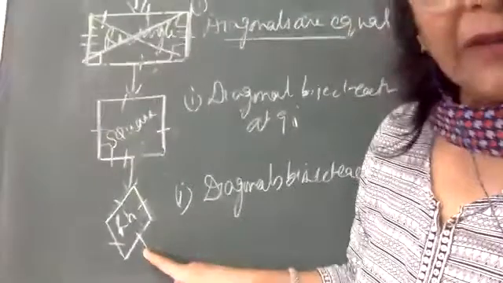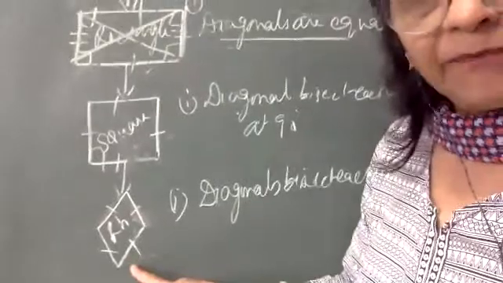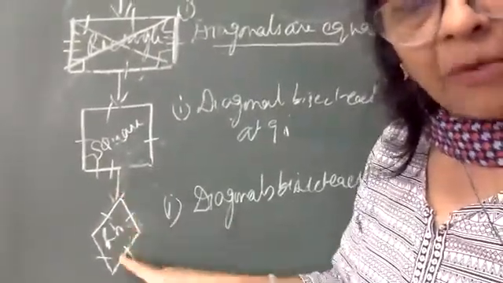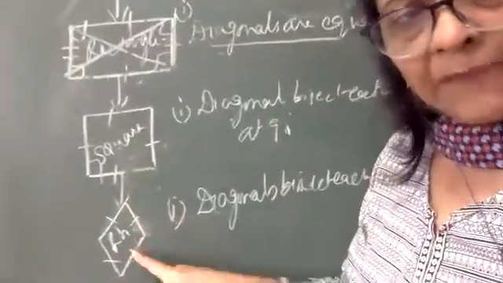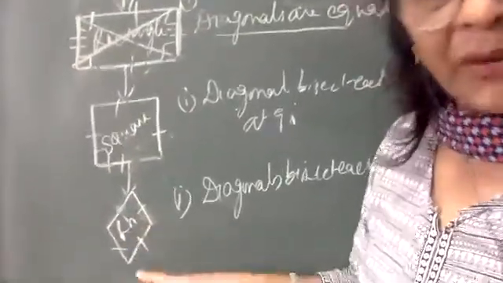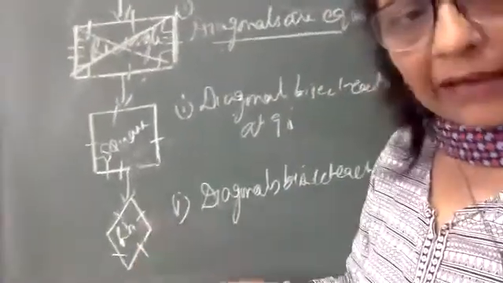The next type is a rhombus. What is a rhombus? A rhombus is a parallelogram with adjacent sides equal. Every rhombus is not a square, but every square is a rhombus. So we have to be very careful about this. Every square is a rhombus, but every rhombus can't be a square. Why? Because a rhombus has all four sides equal, but we are not sure whether the angles are going to be 90 degrees or not, and we are not sure about the diagonals also.